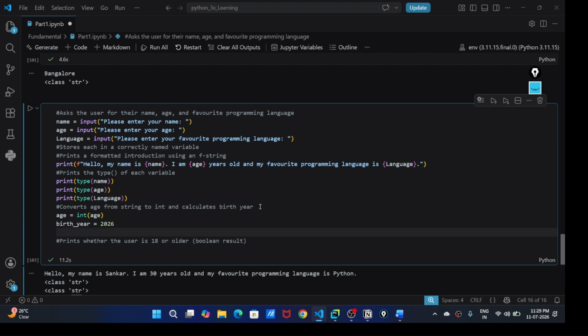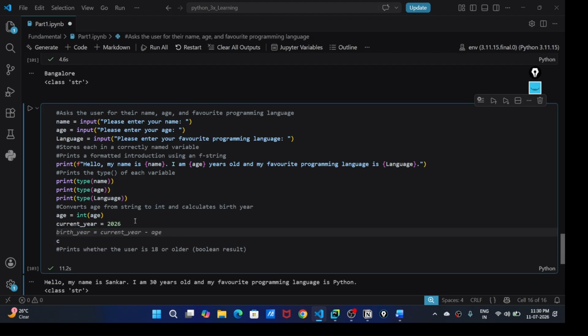Now we have to calculate. Instead of this, if we mention current year and birth year, let's give the current year, right? Now we have to calculate birth year.